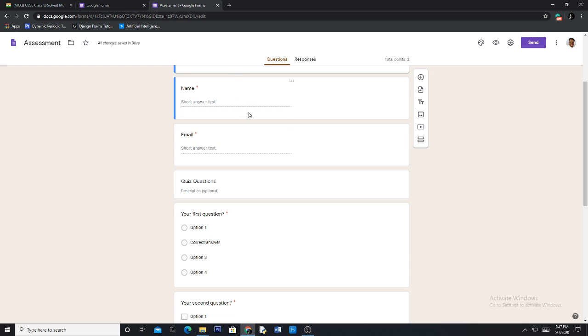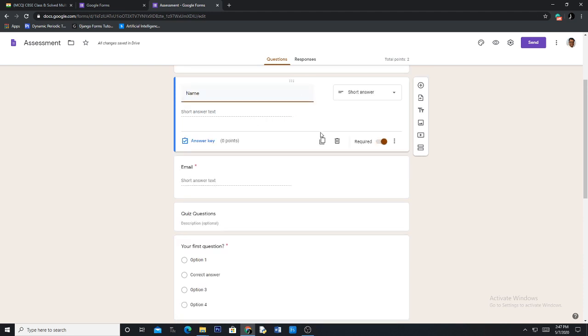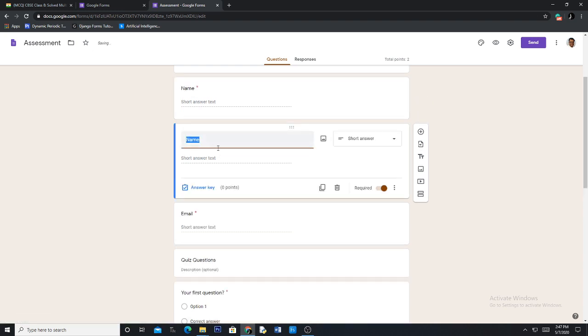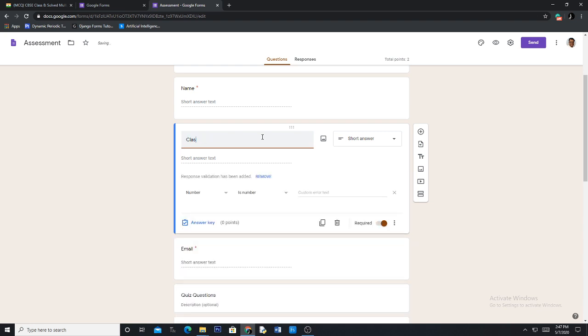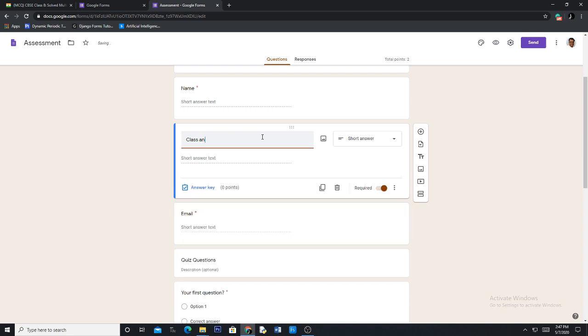Suppose you want to create another section where the child has to give his class and section. What I can do is make a duplicate of this. Here this is the duplicate. Here I can type class and section.